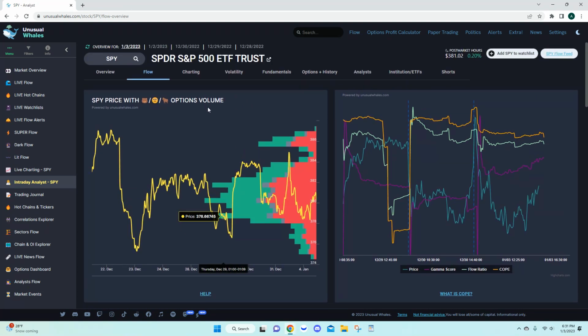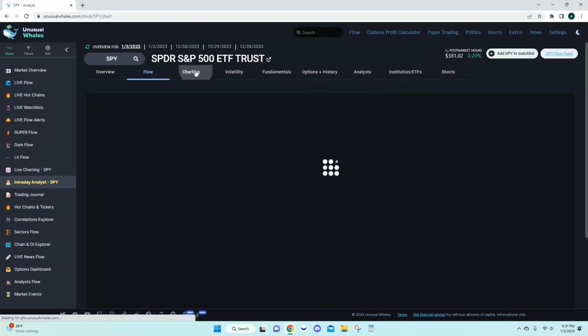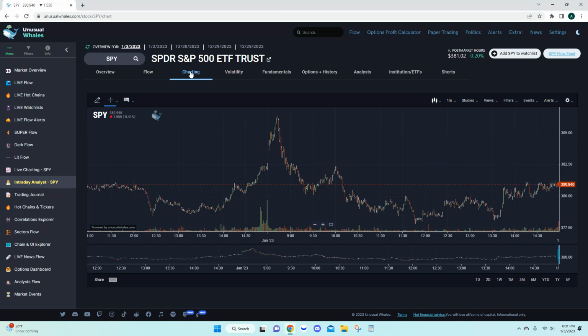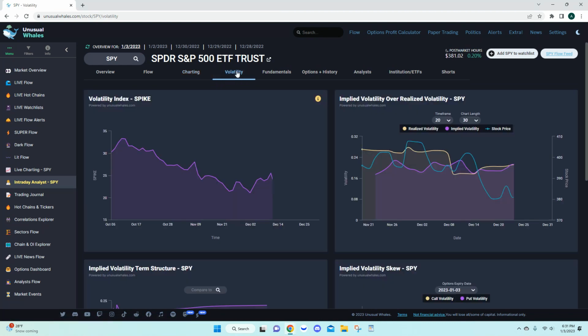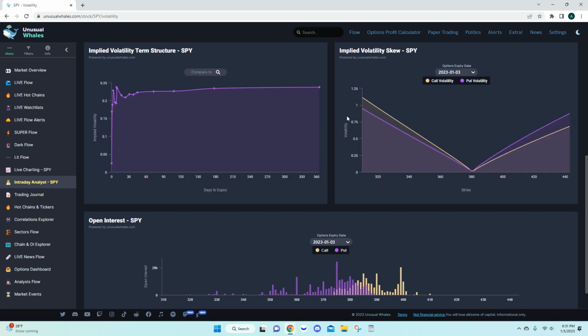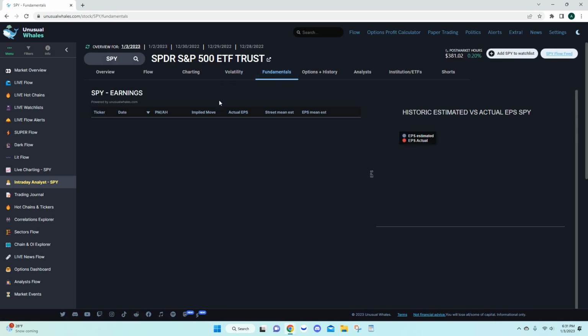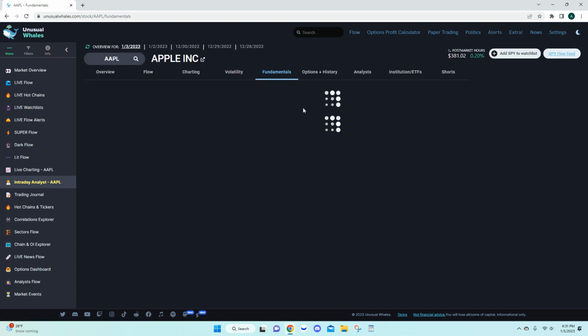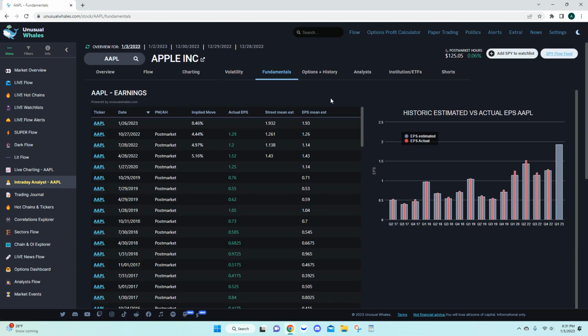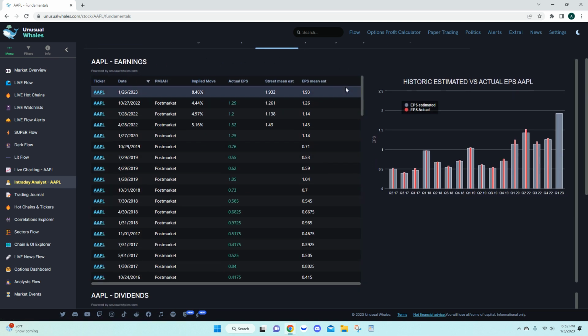So yeah, this page does have a lot of stuff on it, and you can always get over to the charting here too. See your volatility. A lot of information on this page. This page is very, very great. Your fundamentals, which are very important. Obviously, for ETFs, you're not going to get them. Let me do Apple for this. I want to see what comes up. Yep. So then you get all of Apple's earnings,